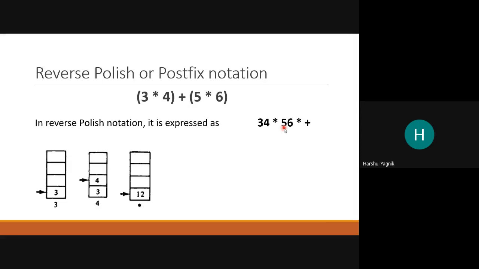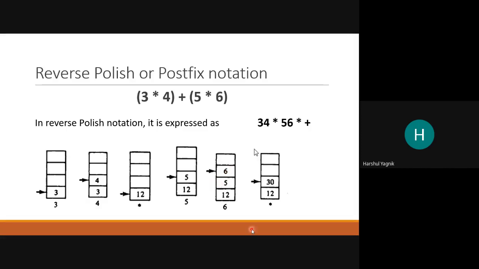Then what is next? There is operand 5, so operand 5 is pushed on the stack. Operand 6 is pushed on the stack. Then the operator is there, so the operation is on the last 2 entries on the stack. The last 2 entries are 6 and 5. The result is put at the bottom of these components, on the position of 5. So that is 30.